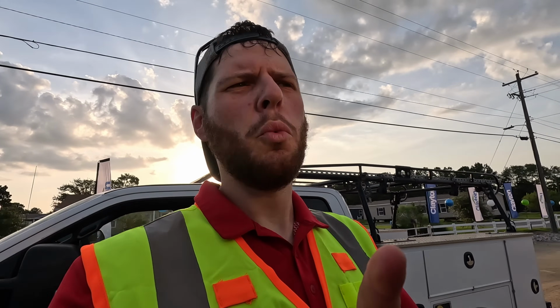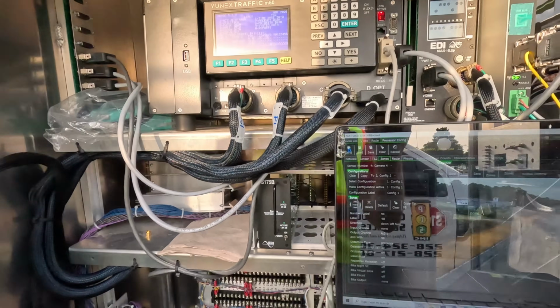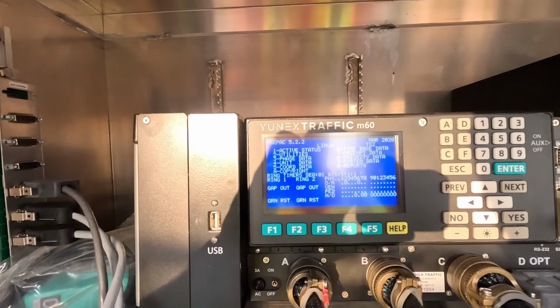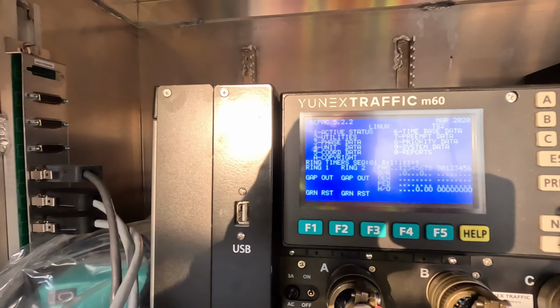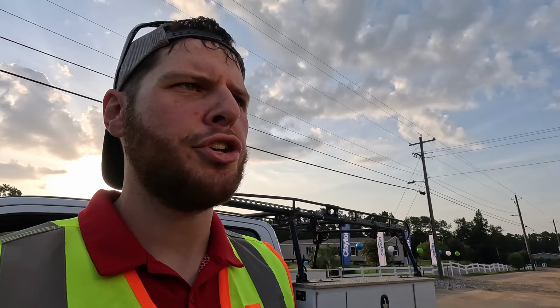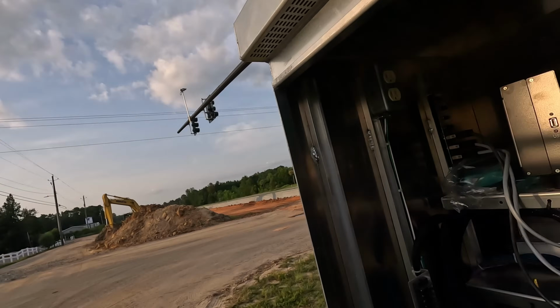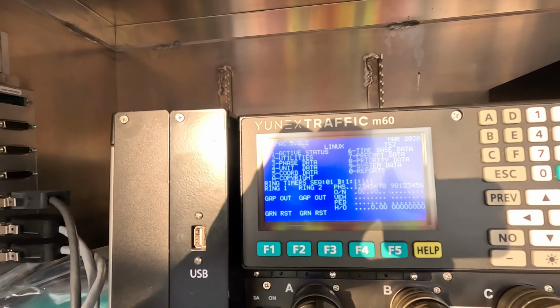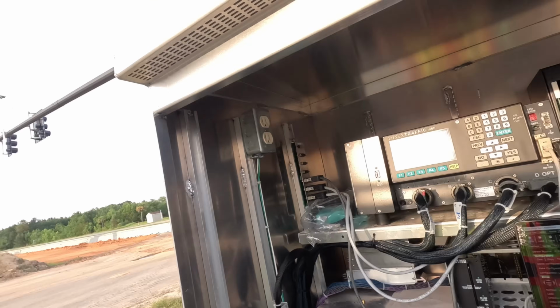All right, so what I've done so far is I have used Tactics to transfer only the phase and signal timing data over to this controller, and it was working like it should. So then I just went ahead and manually entered in everything else that I needed to enter for the most part. So it should be set up, working properly. They weren't really running coordination. This intersection's way far away from any other. So what I did is at least gonna save the complaints for a little while,